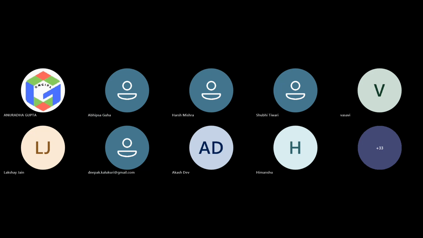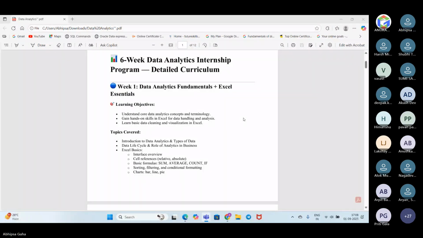Okay. So I will just present my screen. You just let me know if it is visible to you or not. Sumi, Saxena, do you have anything to say? Okay, I guess not. So I'm just sharing the screen. It is visible, right? Yes, ma'am. Visible.